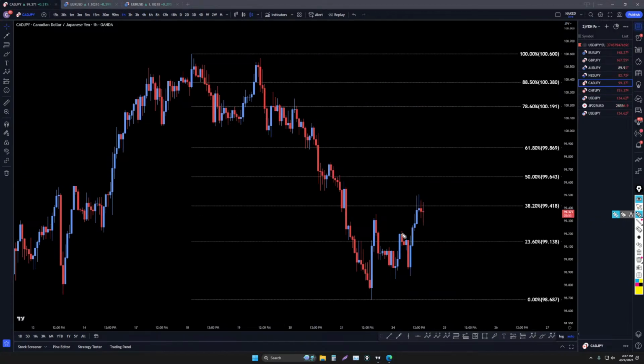Going down to the 1-hour time frame, we definitely have impulsive up. This for sure could be a wave A. This is definitely 3 waves down. That could be a wave B also. Now if this is a wave C, then it probably will turn down at a fib level. We are at a fib level already, so if we see an impulsive move down, if we see a break